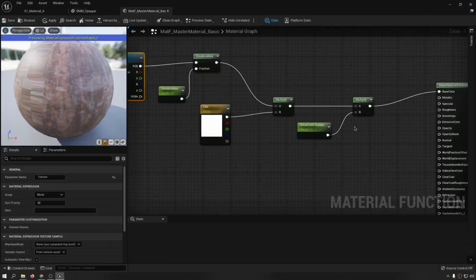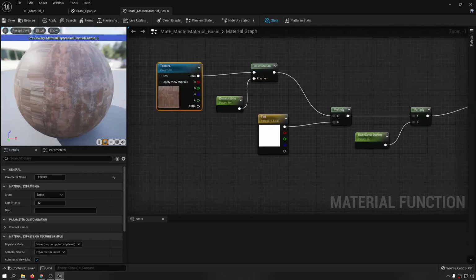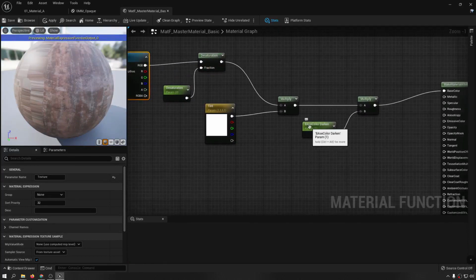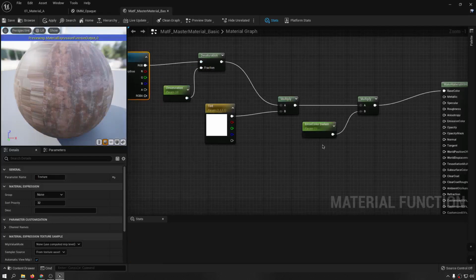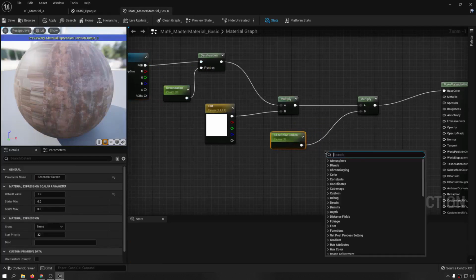And I'm telling you, if you're only using this master material once, these are really fine to be. But if later on something like this happens, that you want to change something about this and something about this, so you need to think about it. And the way that we do it is bringing